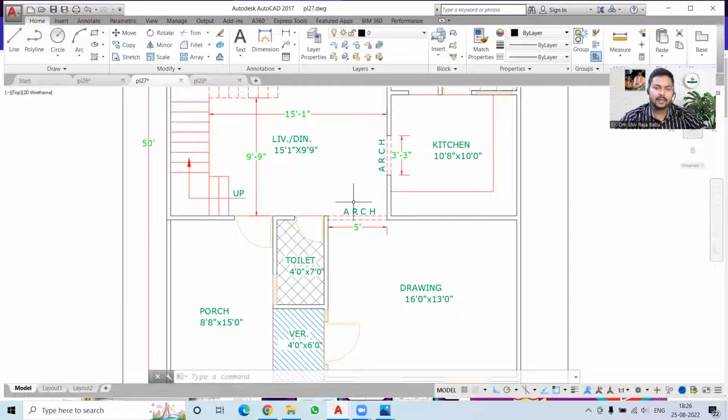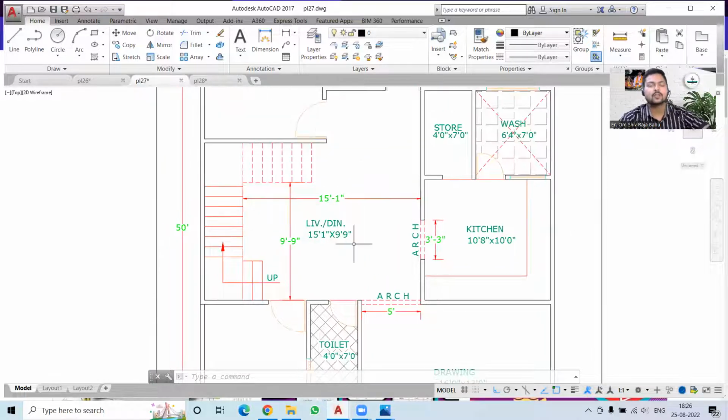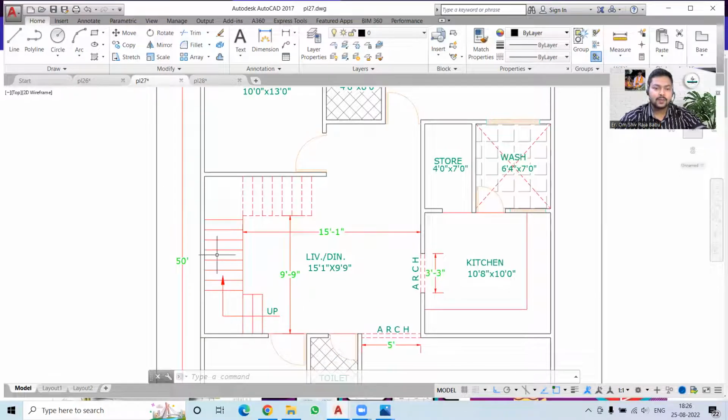For now it has been left as a passage of 5 feet. Now you can see we have this toilet area over here, and this toilet is a common toilet. Then on the right we have the kitchen. Just in front of the kitchen we have our dining room, which is quite a good arrangement for the dining. Now you can see we have this staircase over here,